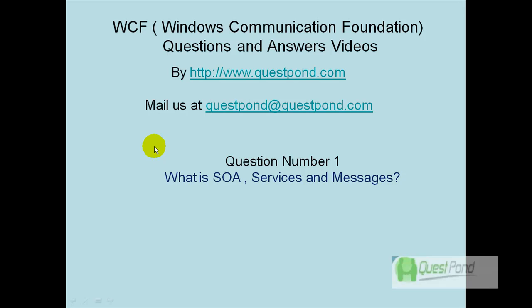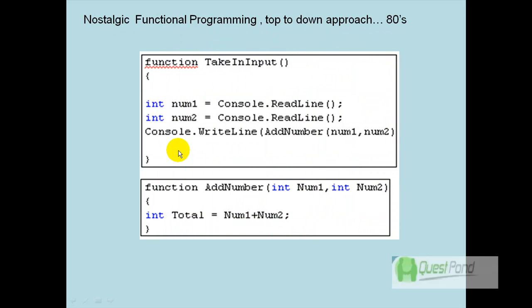So WCF is a technology. It's not only WCF, we also have WWF, that is Windows Workflow Foundation. So using WCF and WWF, you can build a SOA style of architecture. So we'll first discuss SOA, and then we'll see how we can use WCF to implement SOA. Before we start to discuss service-oriented architecture and its principles,